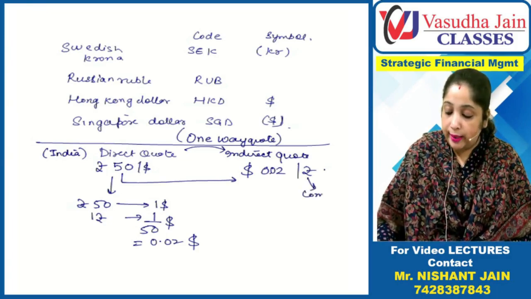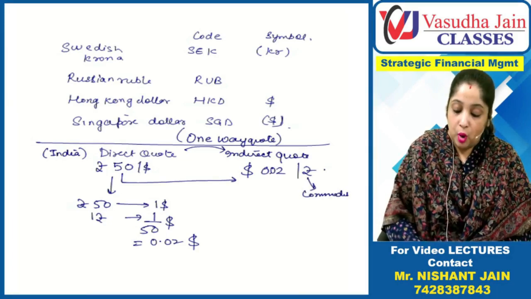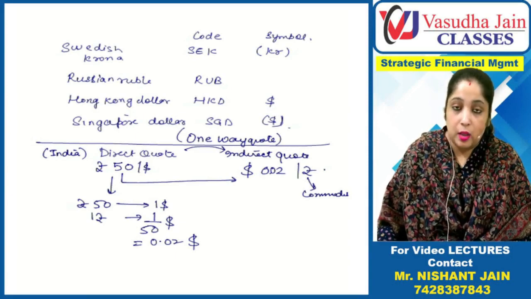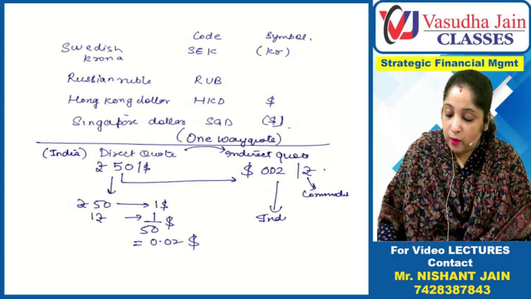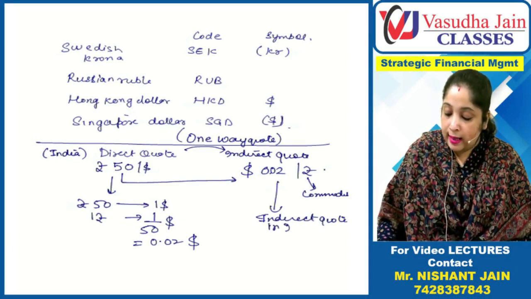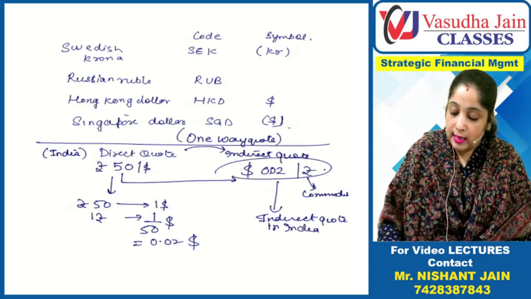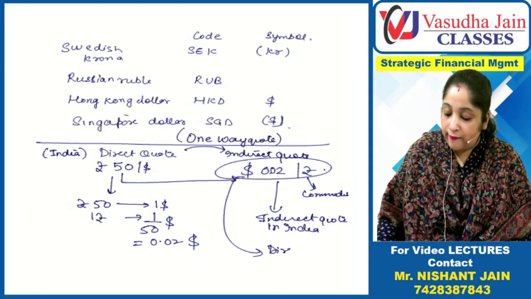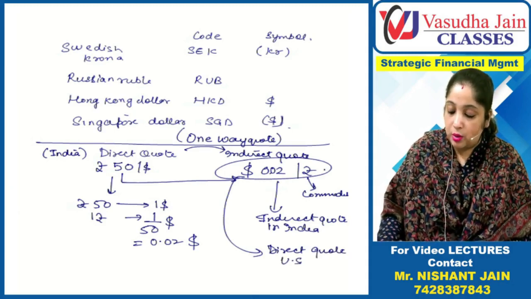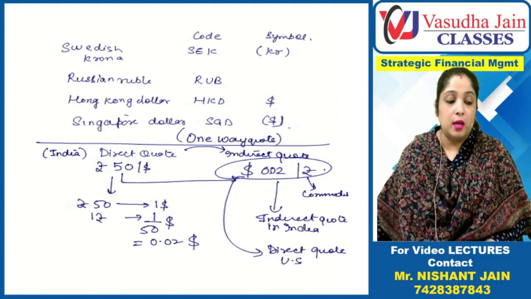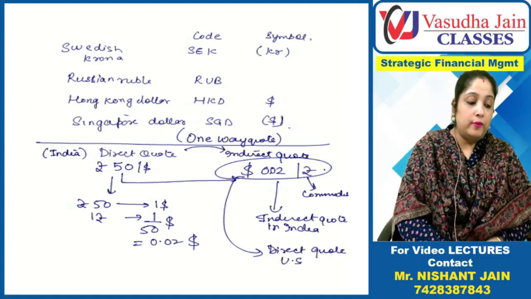Now your own currency is playing the role of commodity. So this becomes an indirect quote for India. And this is a direct quote for which nation? This is a direct quote for the US, because now the dollar is playing the role of